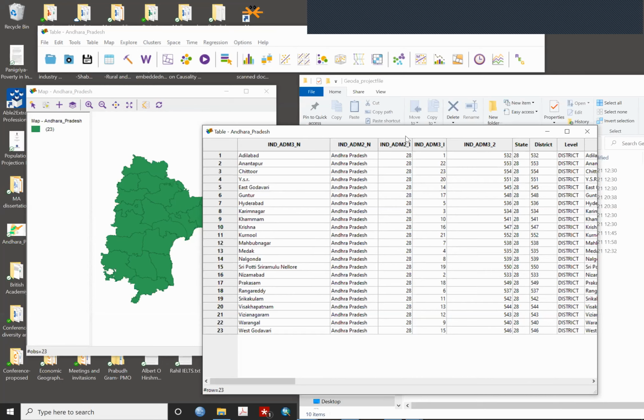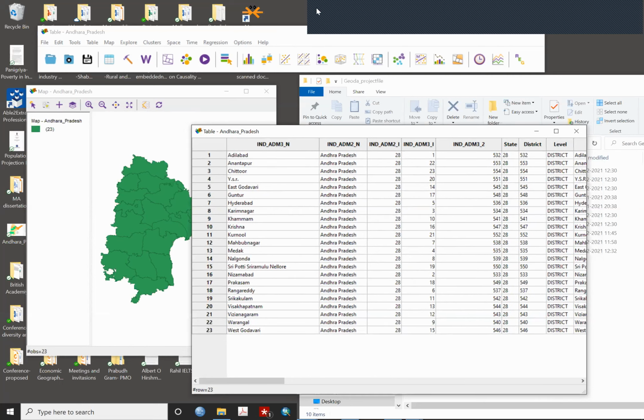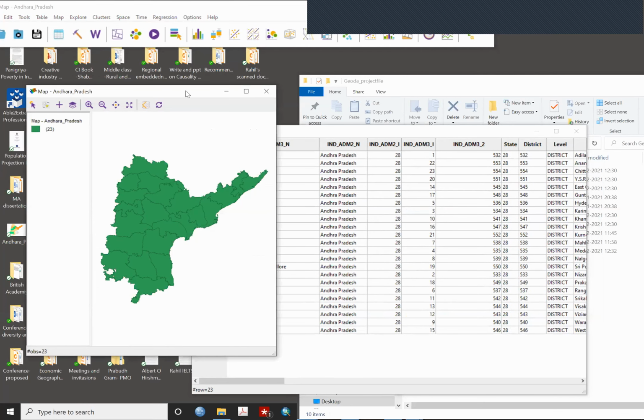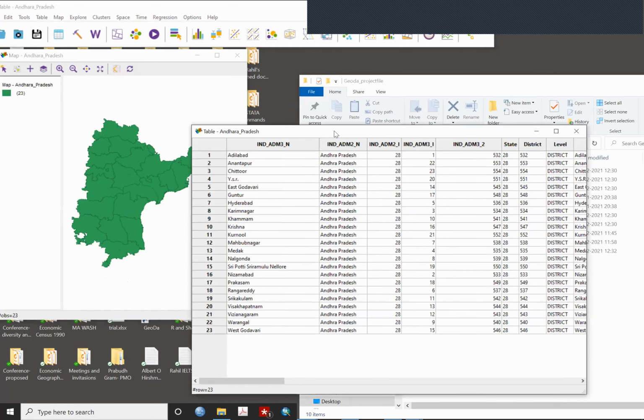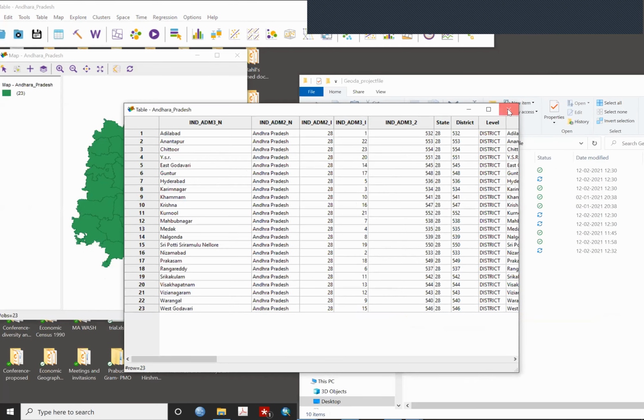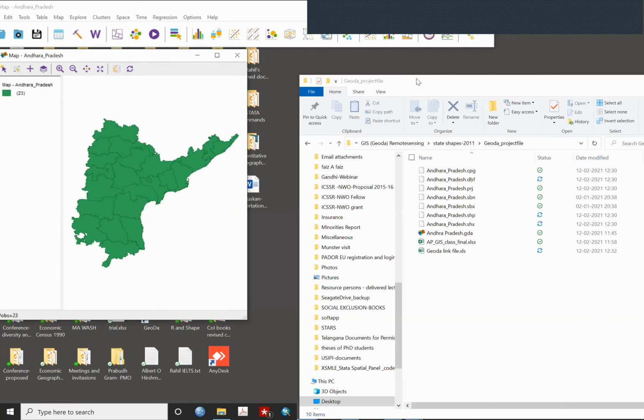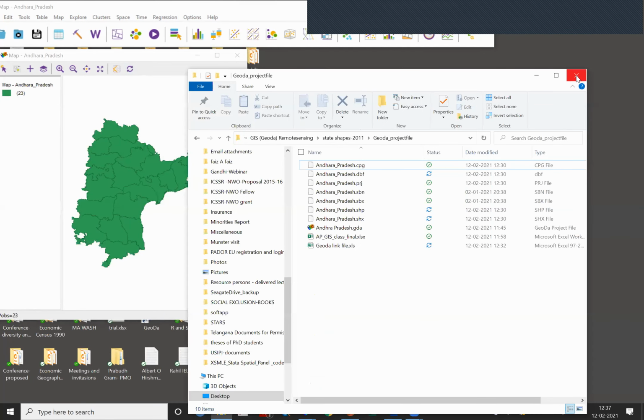I'm trying to arrange this whole thing in my window so that all of you can see the screen. I can close this one because once I want to open a file, I can open from here. I can also close this one.